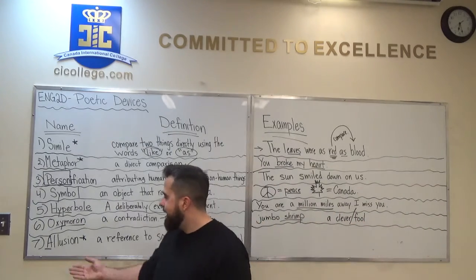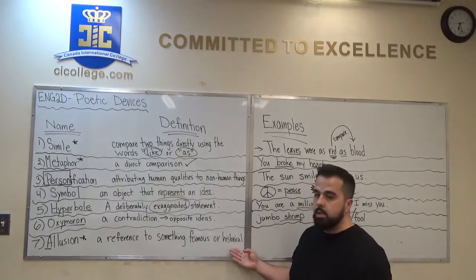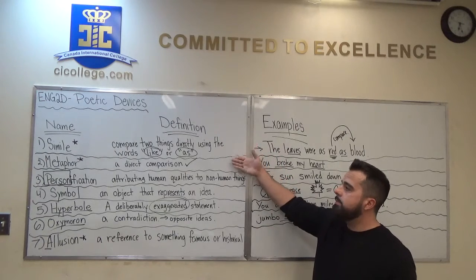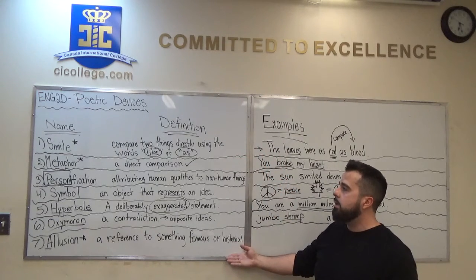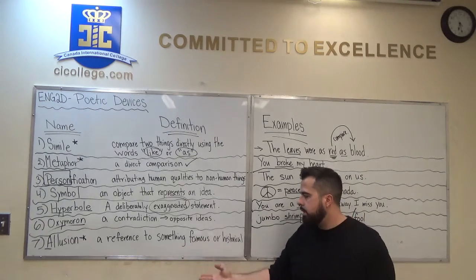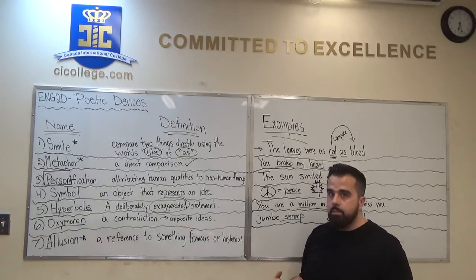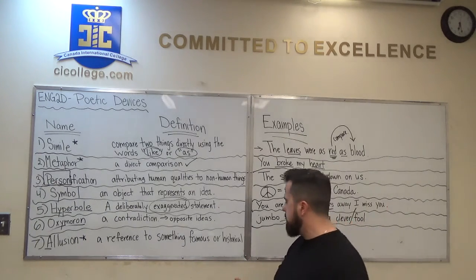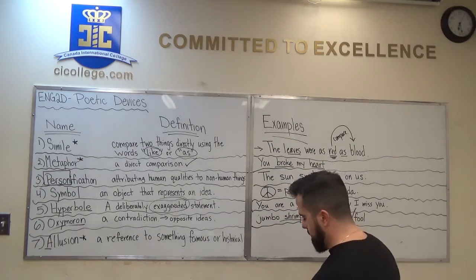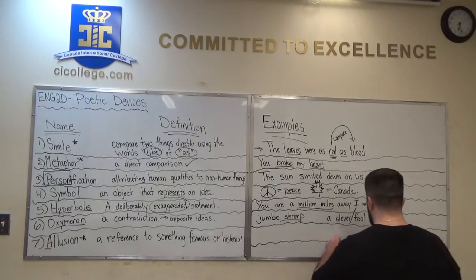And finally, allusion is a reference to something famous or historical, right? When we look at simile or metaphor, we use simile and metaphor to create an allusion. The difference is that an allusion is always about something famous, or someone famous, or somewhere famous. It could be a person, a place, or a thing. Or something historical that everyone remembers or has knowledge of. Right? A good one would be,